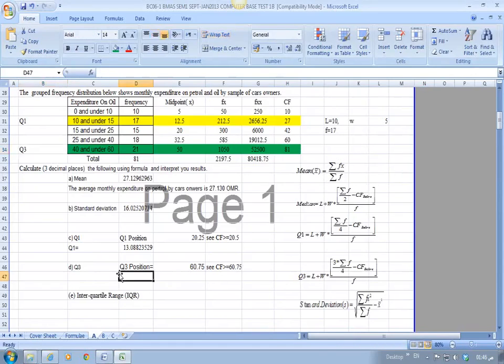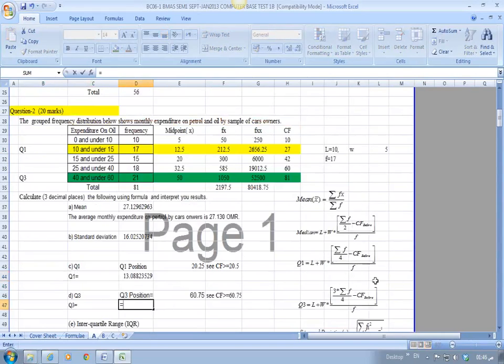According to the formula, I will write Q3 equal, L here 40. See what I'm doing here, I'm following the formula. W is the width between 40 and 60, so 20,